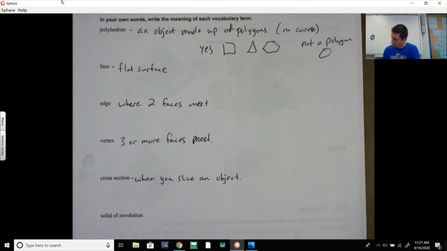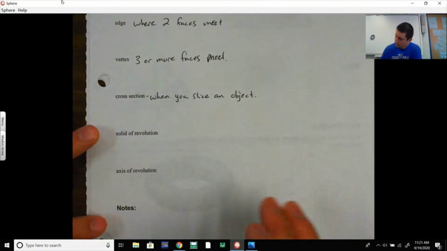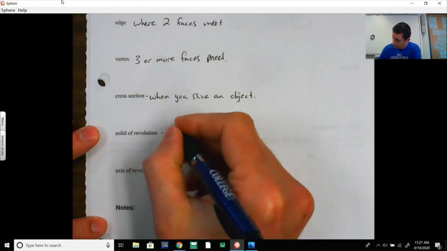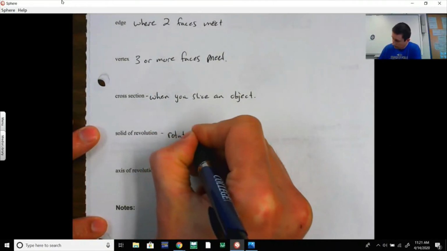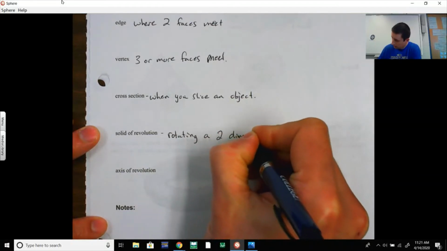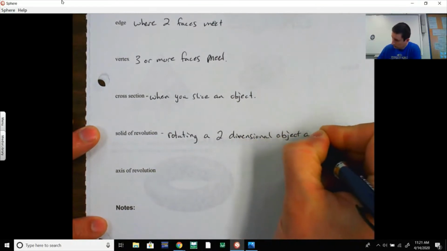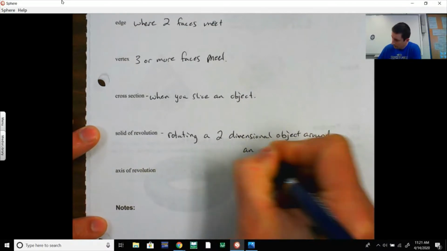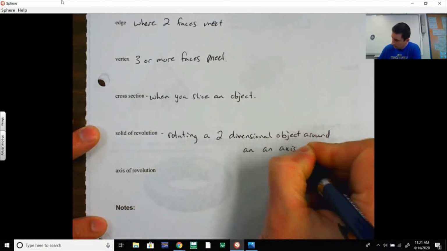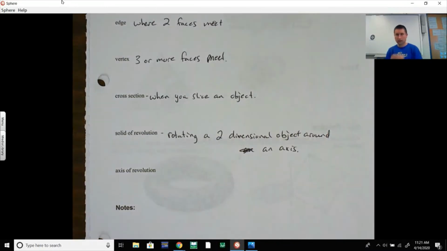Solid of revolution, axis of revolution, we won't see a whole lot of that, but I guess we'll see it some. A solid of revolution is rotating a two-dimensional object around an axis. So you're going to have axis symmetry, and you're going to have something that's a two-dimensional